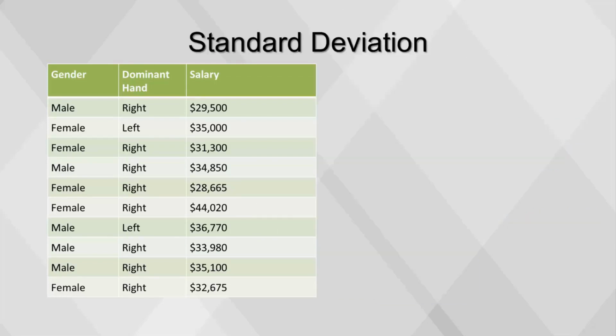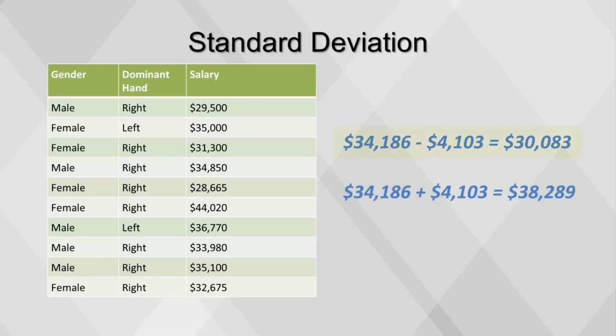The value we got for variance is much different from the range of salaries that our variable captures. To get it back into the correct scale, we take the square root of the variance. This results in the standard deviation. This value is used relative to the mean to determine which values are within the normal variation of the salary variable. Subtract the standard deviation from the mean to find the lower threshold. Add the standard deviation to the mean to find the upper threshold.